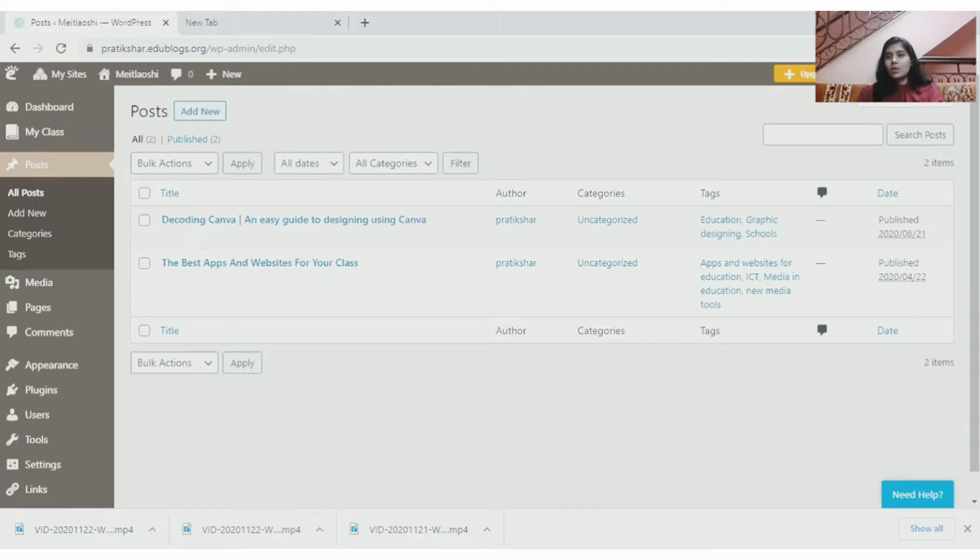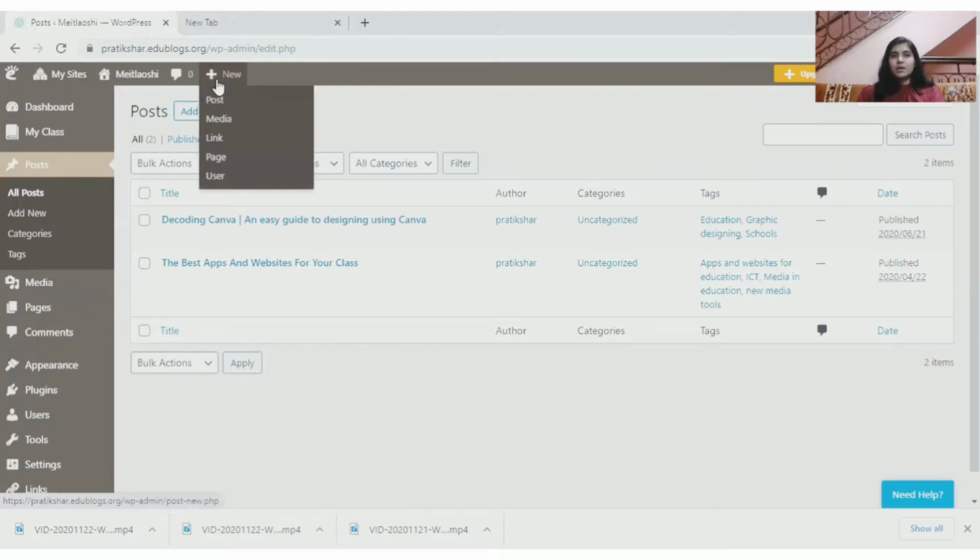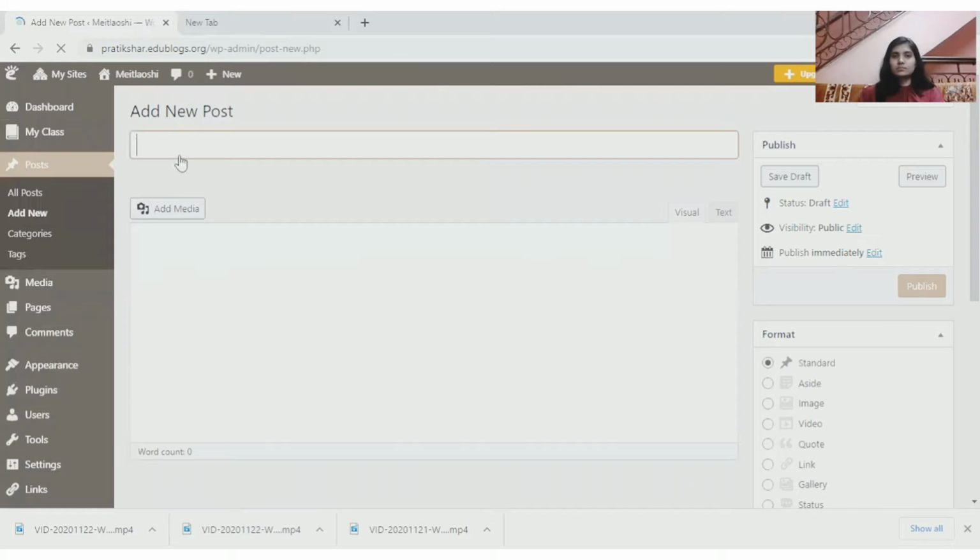Now what you can do is click on add new, or you can again click here as I said. So I'll click on add new post, right?